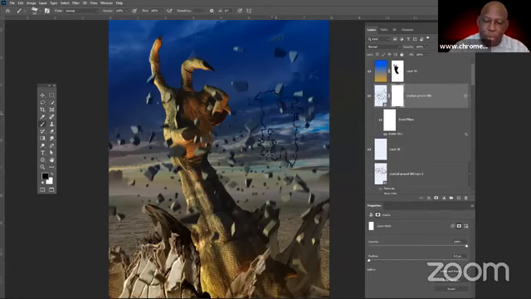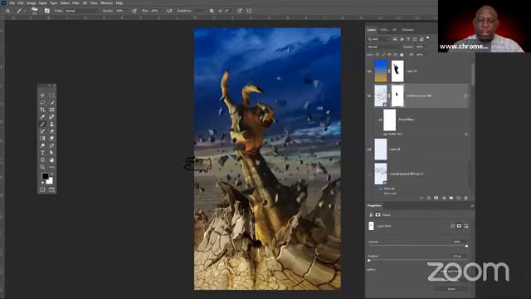Hit the B key for the brush. There's my brush. And maybe I want to take some of these out. I don't want all these bricks to be covering up my hand. Maybe I want this brick here, right near the palm and near the thumb. I'm going to bring that down in size and just take those away using the mask. But I'll leave the other ones there. See? So now we're getting this sense of things flying around the foreground, background. You can even have a middle ground.